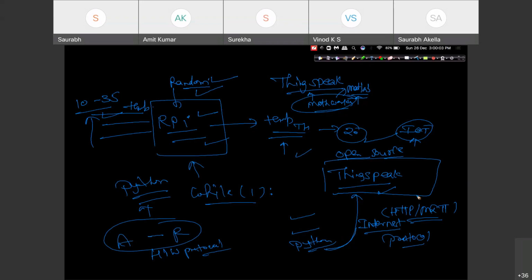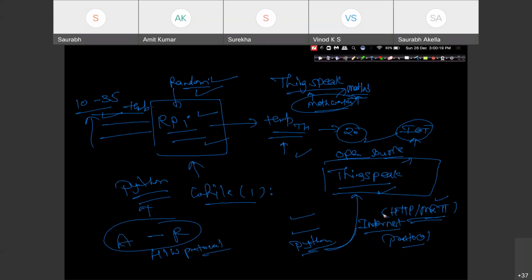And one more thing: if ThingSpeak does not support the MQTT protocol, you will not be able to use it. Even if ThingSpeak supports MQTT, but your Python or Raspberry Pi does not support this compatibility, then also there's no possibility.